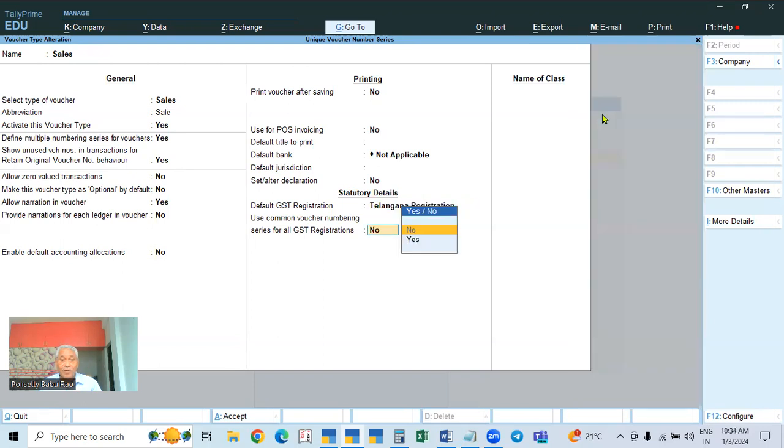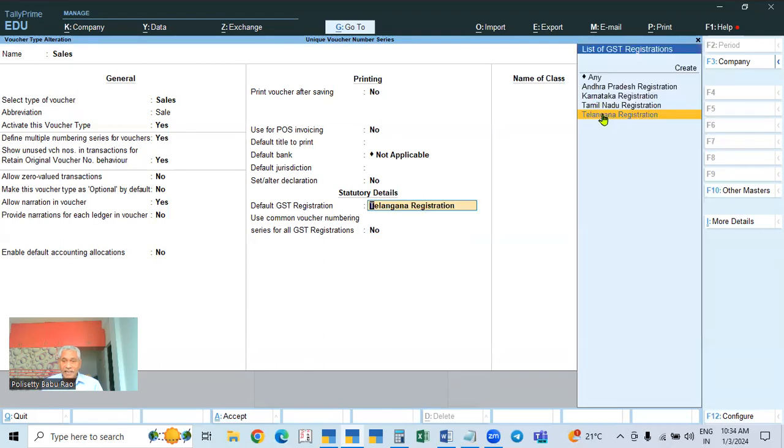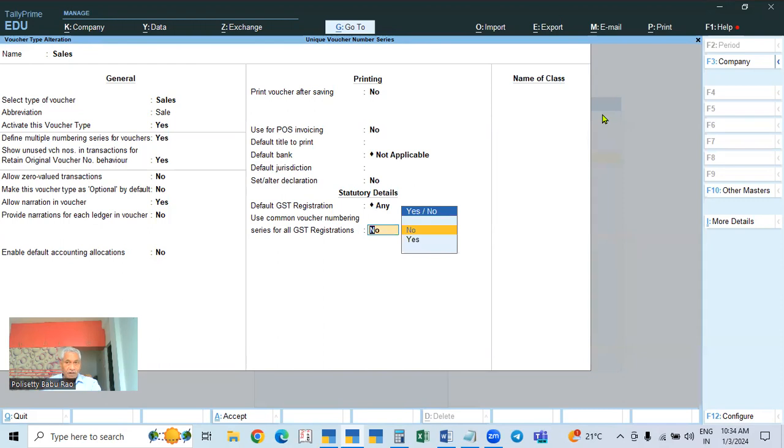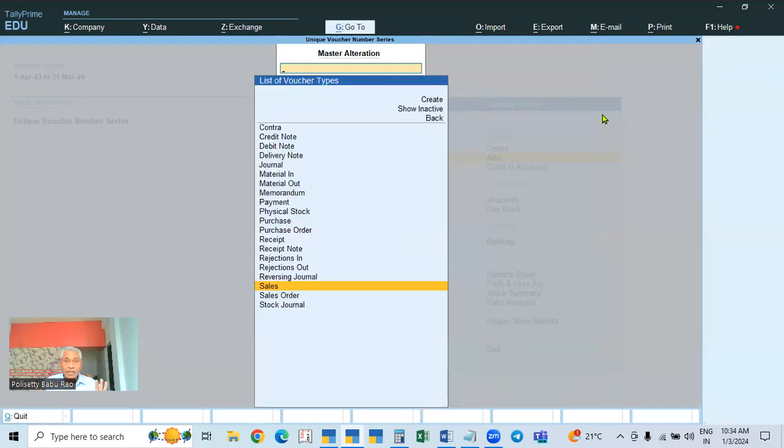For example, we select Telangana. For Telangana, you can complete the work fully, it will not change. That is the default. If you change the registration to another one, you can enter only one voucher in that registration. After that voucher, it will automatically come back to the default, that is, the default registration Telangana. That is why we have to select any. Okay, I will show you the difference also. We will work with this, and that also I will show you. So like this, we accepted the